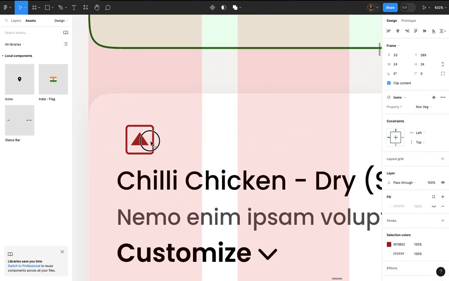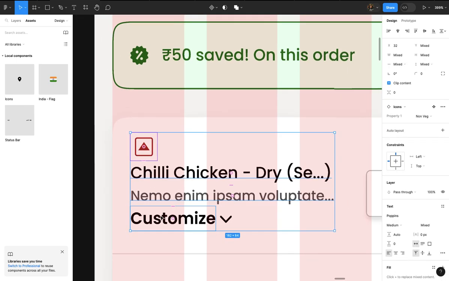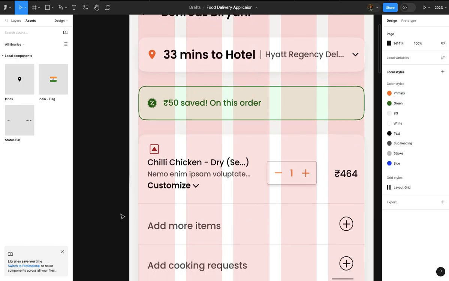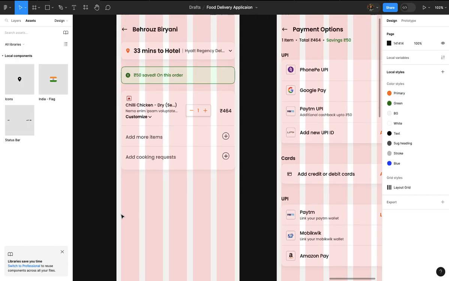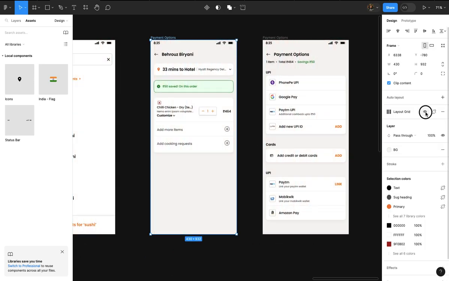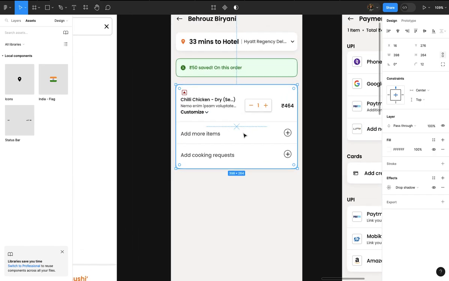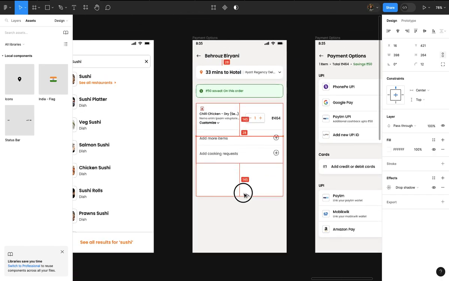Awesome. The next section is our offers and benefits section, and you just need to select this and duplicate using,